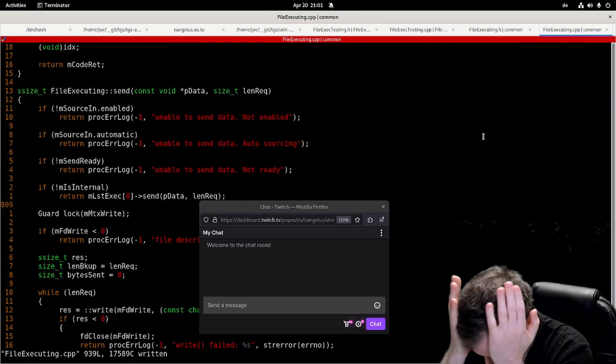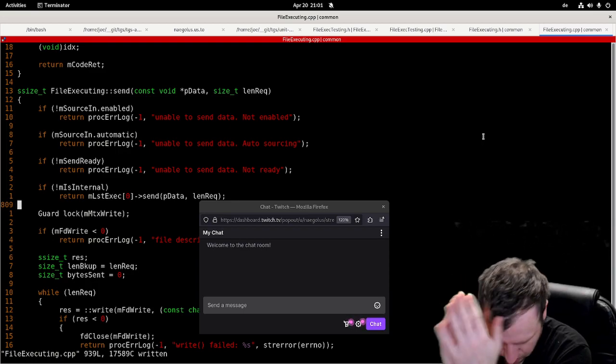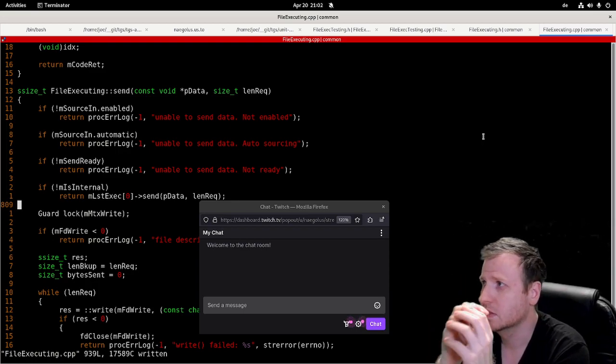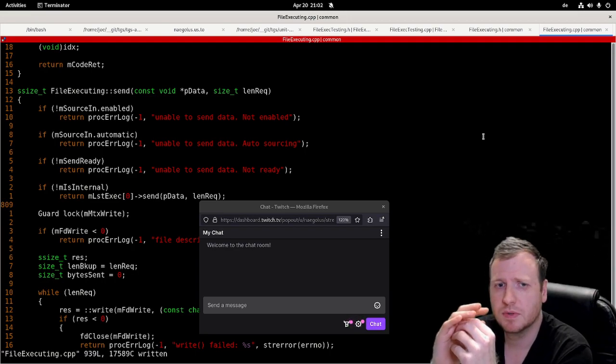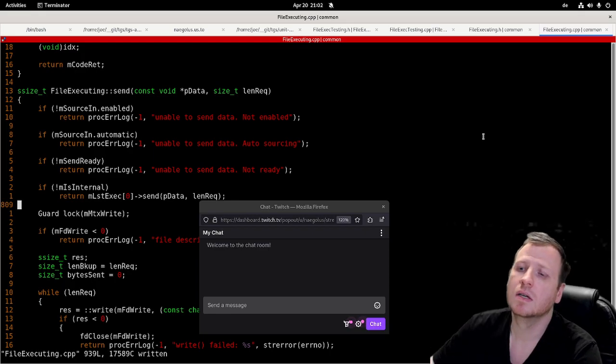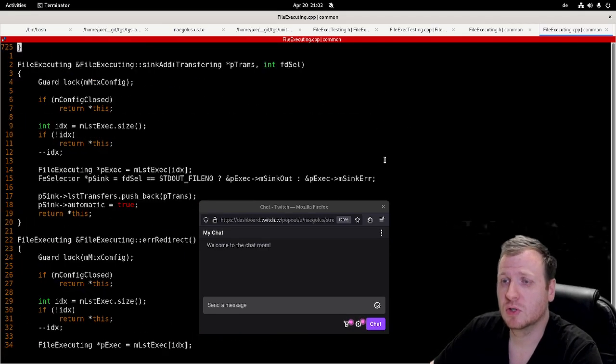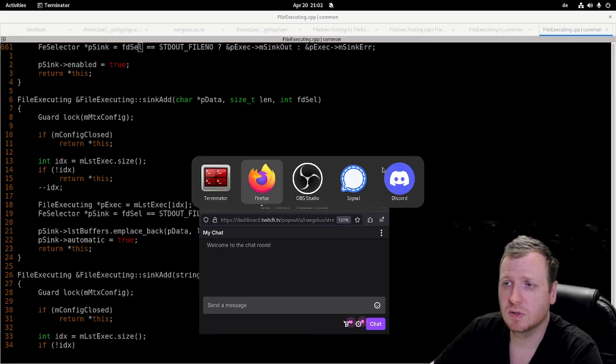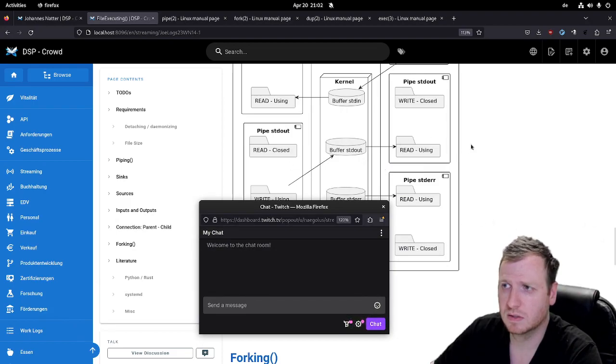It's not enabled. So this should be the first. This should be the first test. If we do not enable the source,